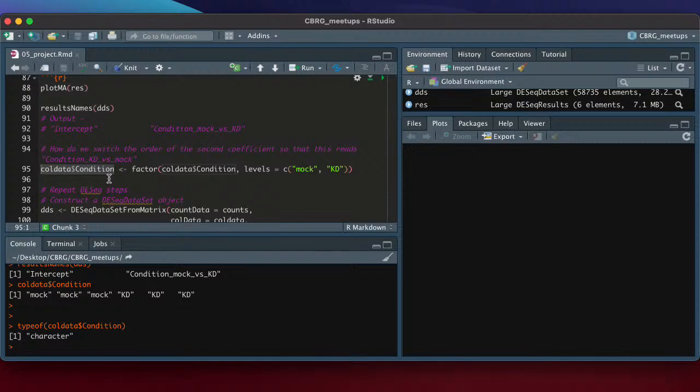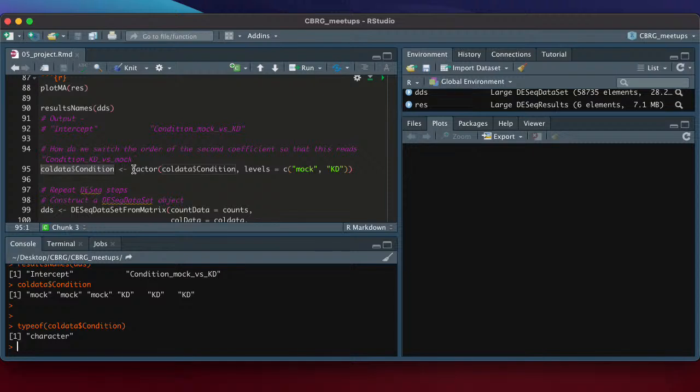It's a character vector, meaning it's a character vector that contains these 6 objects. If you don't specify yourself that this is a factor, DESeq2 through its pipeline will automatically convert it to a factor. But the problem is, when it automatically converts it to a factor, it sets the baseline as knockdown and not mock.